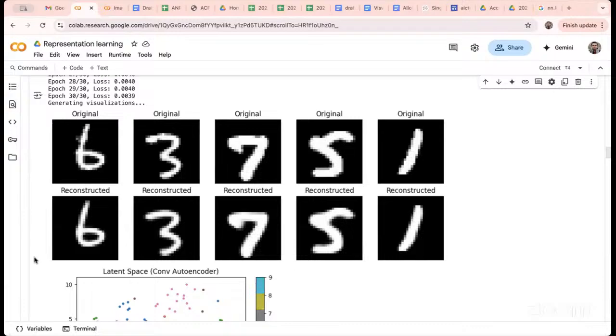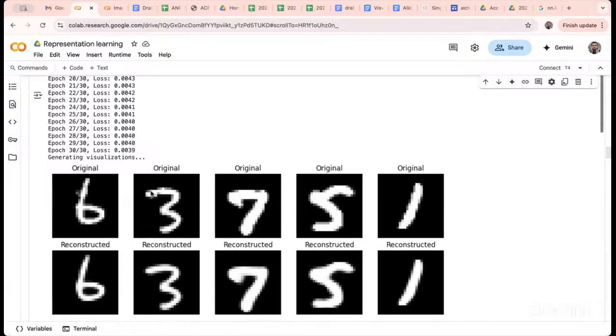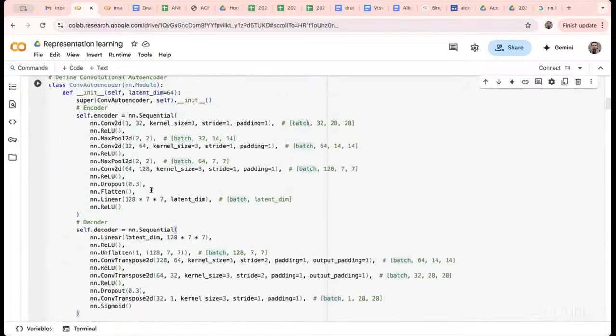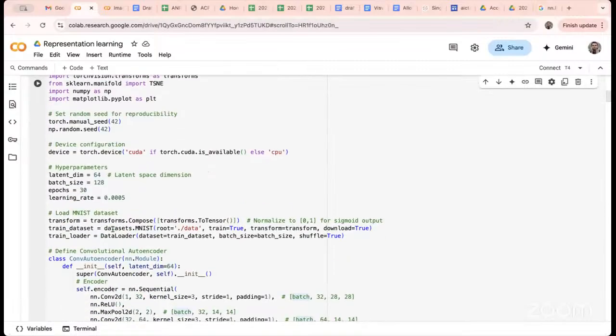Sir, suppose I'm using FMNIST, then do I need to change dimensions? Yes, depending on the size, the dimension of the new data set can change. Okay, so I just need to change the name MNIST to FMNIST and change the dimension? For that, you need to rewrite the loading data set part again.